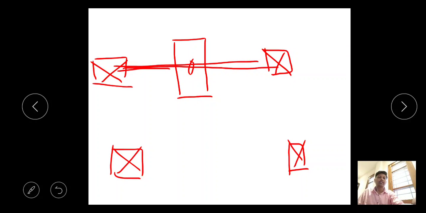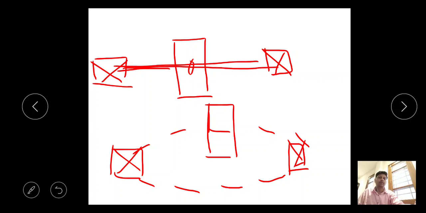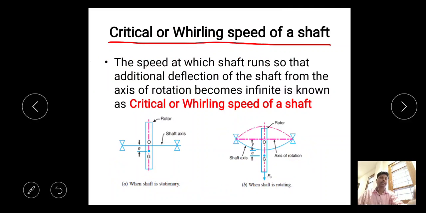This shaft, when it starts rotating, it will rotate in this fashion, correct? So it will start rotating. This plate will come here, and this plate will come here. Now what is the critical speed? It is the speed at which the shaft runs so that this deflection,